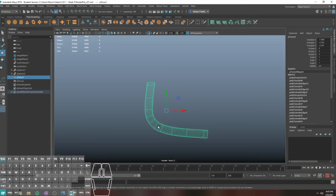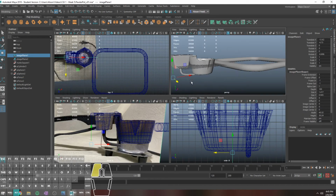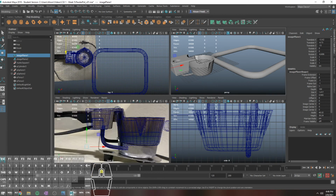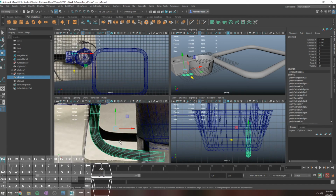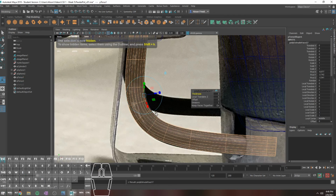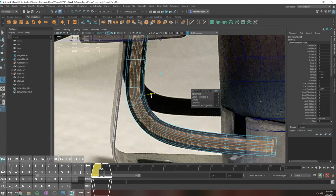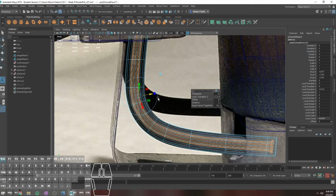where is the actual, oh right, I moved it, okay. I gotta make sure my image plane's behind things. So let's say that I set this up to be the wrong width. I actually got that pretty close, surprisingly, but let's say that you did need it to be a different width. What you can do is extrude the entire object and push it in on this blue handle, and you can see it'll make basically it gets a little weird at the ends, but it'll make this really nice little